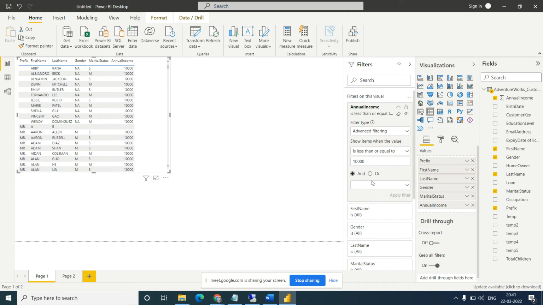Okay, if you want to find out greater than 1 lakh, there are so many customers. Again I want to know 1 lakh 50,000. Okay, it is there. 2 lakh.